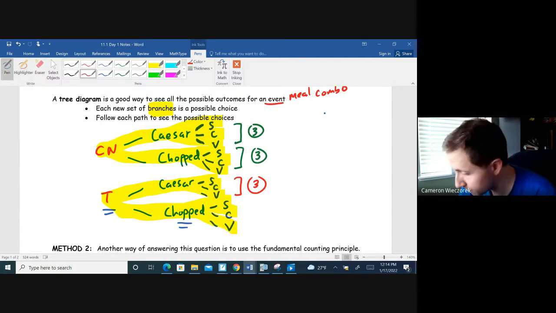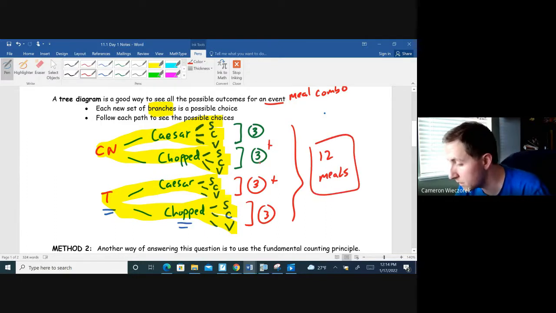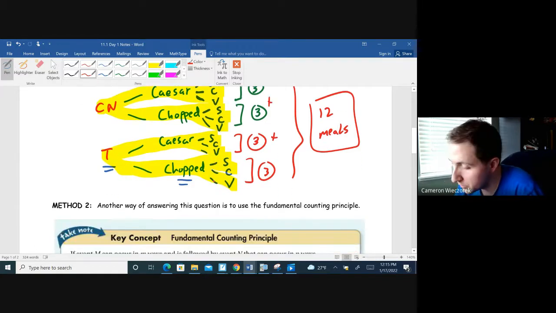So I get, add them up, 3 plus 3 plus 3 plus 3 gives me a total of 12 possible meals that I could select if I had one salad, one soup, and one entree. It is a little annoying because you got to sketch everything out. It's not super hard to make, but the easier way of doing this, or the shorter way of doing